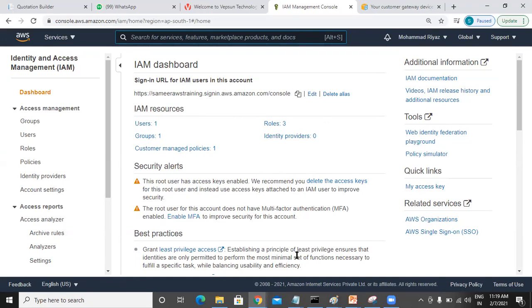Domain user means what? Let's assume Deepika is working in a company called IBM, right? So how will you log into your laptop or a desktop? You will be logging in with your domain credentials. So let's assume you are working in IBM and IBM has taken some services from AWS.